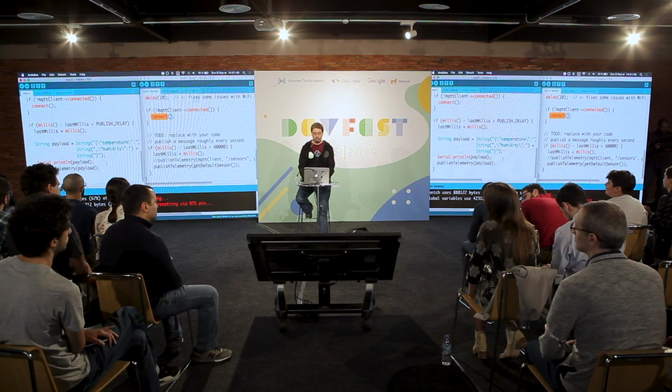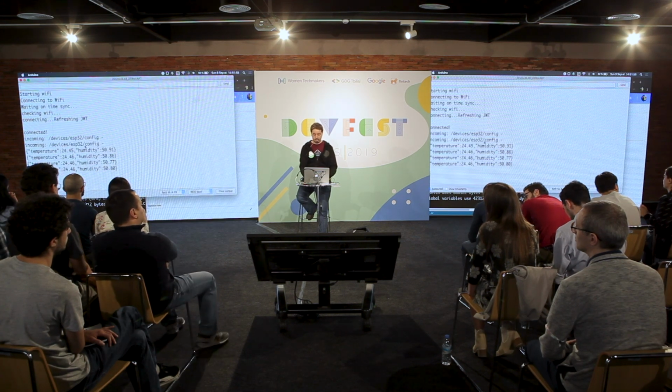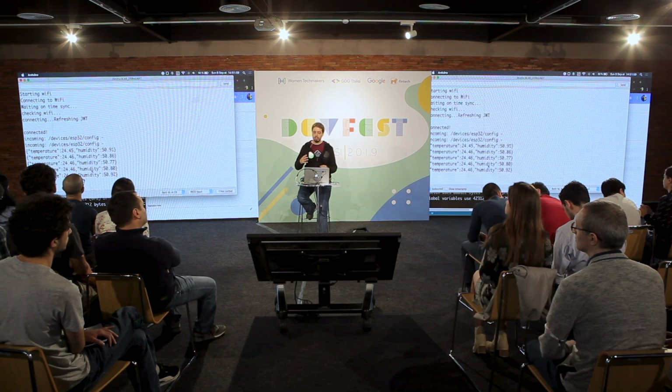So if you want to connect a microcontroller to the Google Cloud, you just have one import, one line to set up everything, and of course, one line to publish a message to the Google Cloud Platform. So now let's try to see. And you can see here it's sending temperature and humidity data every 5 seconds.